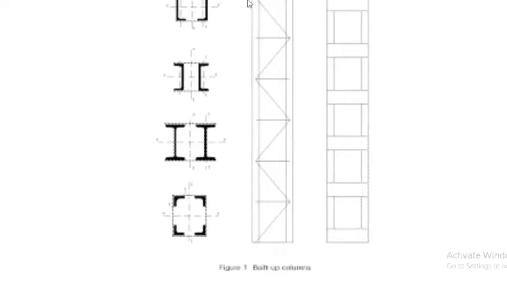Okay, so these inclined components are known as lacings, and these horizontal components are known as cross members, right? Now lacings can be single lacing or they can be double lacing also. We will see this later. And here in the second figure, the second built-up column is not connected with lacings. They have been connected with the help of battens, right? Battens are horizontal rectangular plates, right? Now let's move on to the problem.